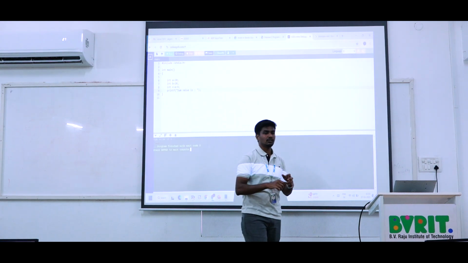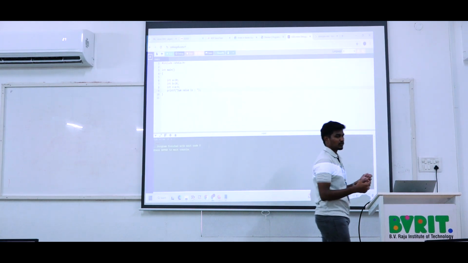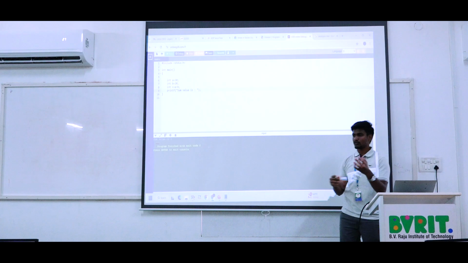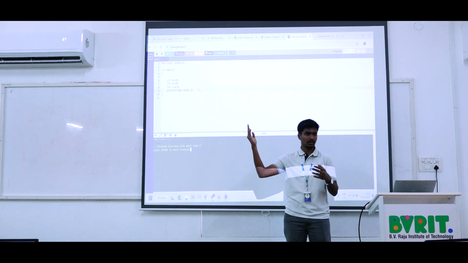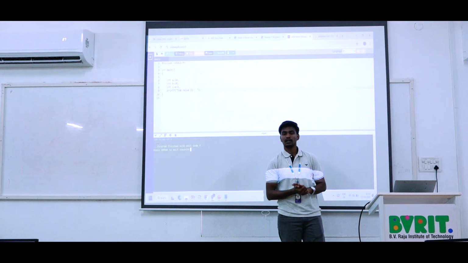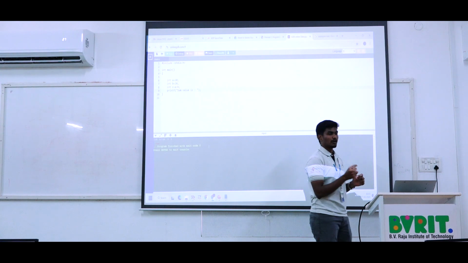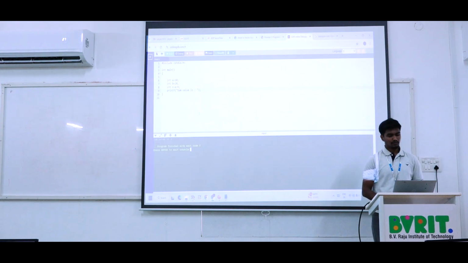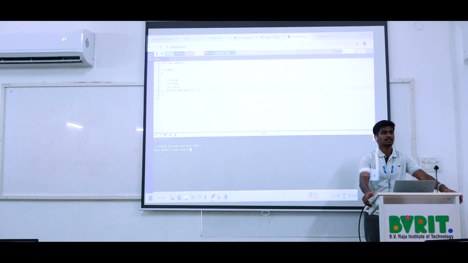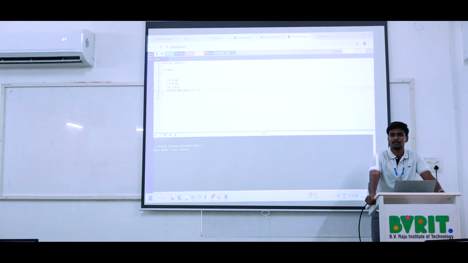So whenever we need to get output values, we need to mention the format specifier to get the outputs of numerical values or characters or any string. The output specifier is called the format specifier. The format specifiers are nothing but percentage D, percentage C, percentage S like that. So for example,